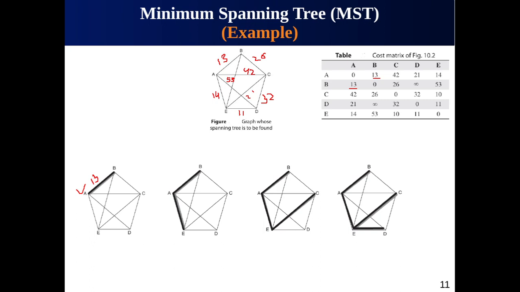But the minimum cost edge among all these unselected edges is EC. You can see from the table that EC actually has less cost than all the available options. So we will select this edge that is